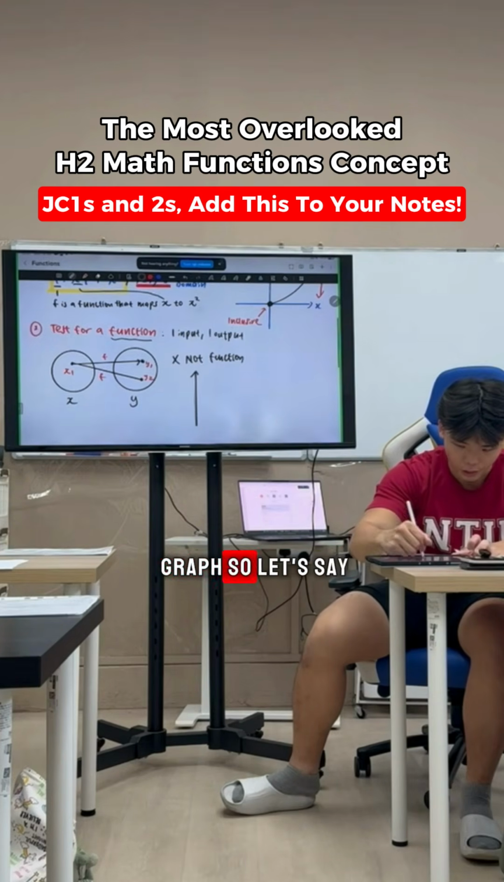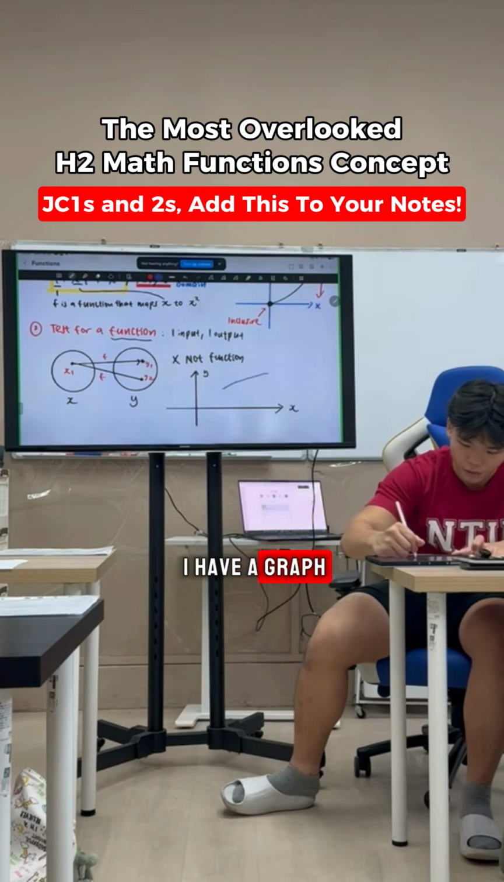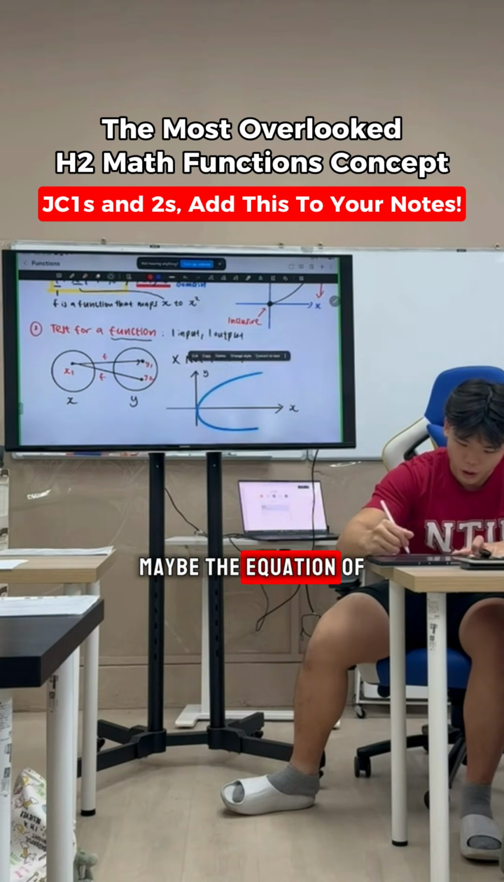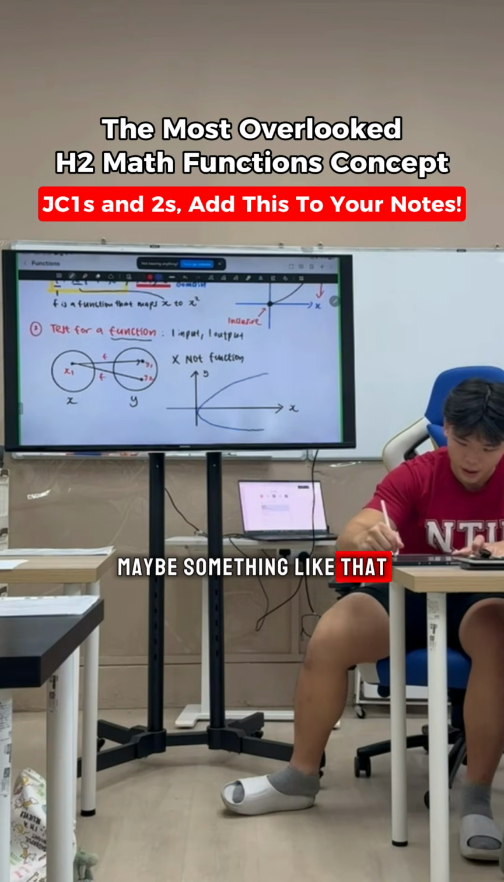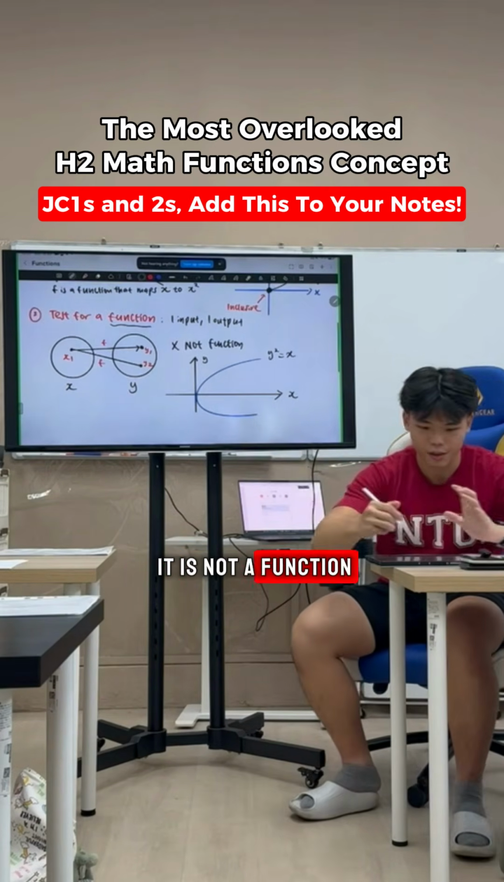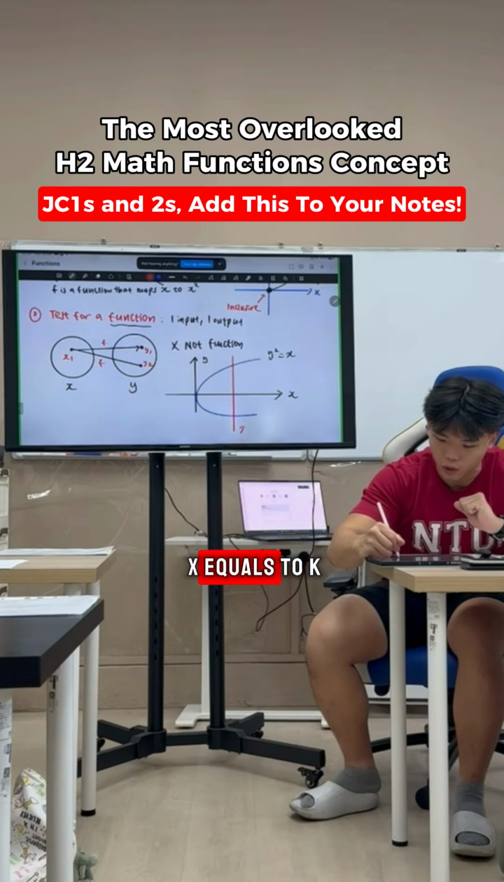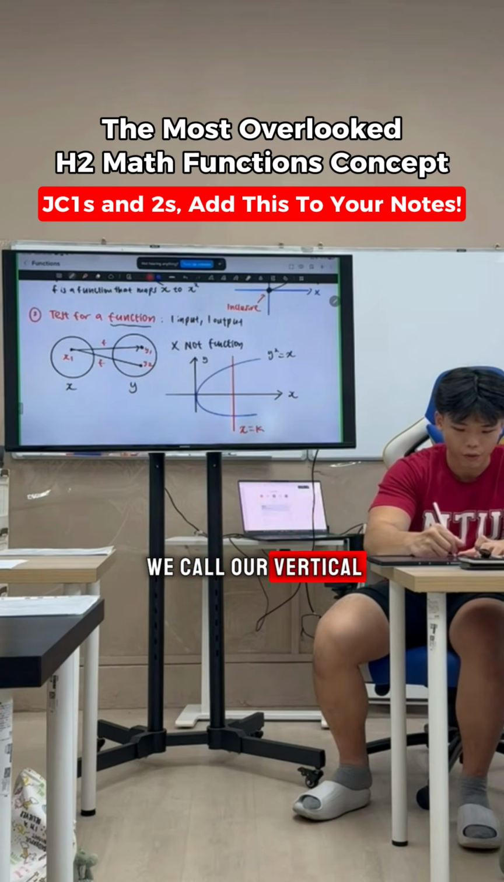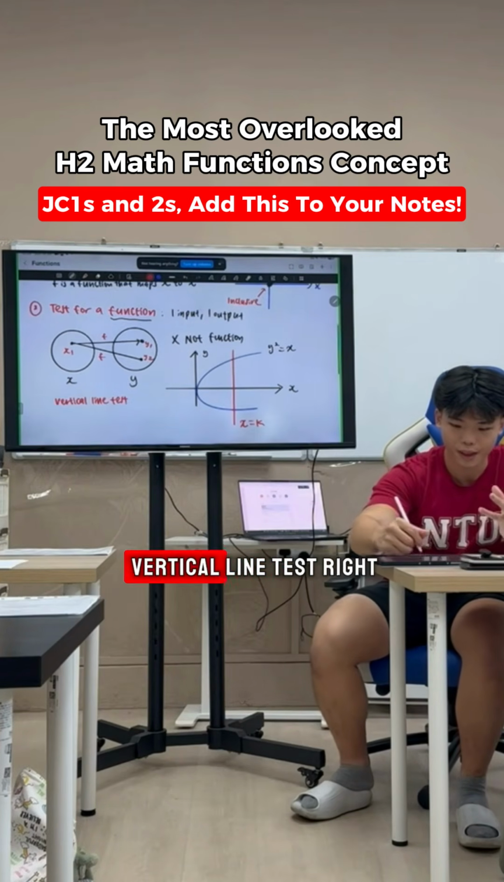We will draw the graph. So let's say I draw a graph like that. This is y, this is x. Then if I have a graph that looks like this, maybe the equation of this graph is y squared equals x, for example. To show that it is not a function, we just need to draw a vertical line like this, a vertical line called x equals k. So this is what we call our vertical line test. So you see from your vertical line test,